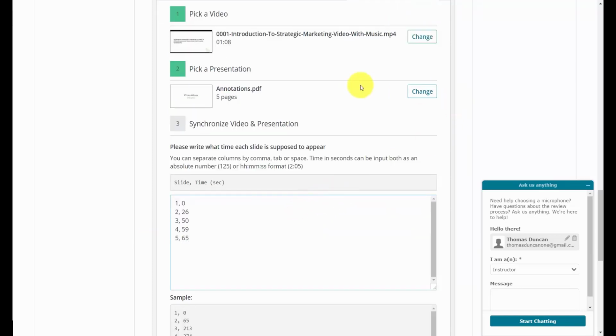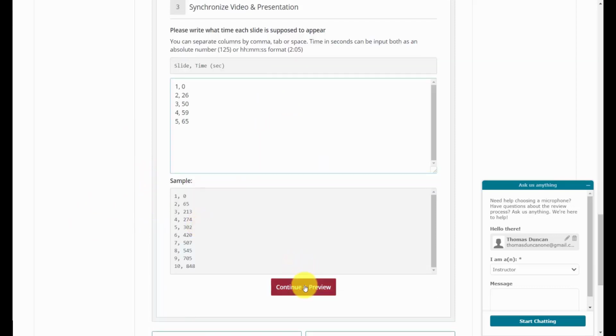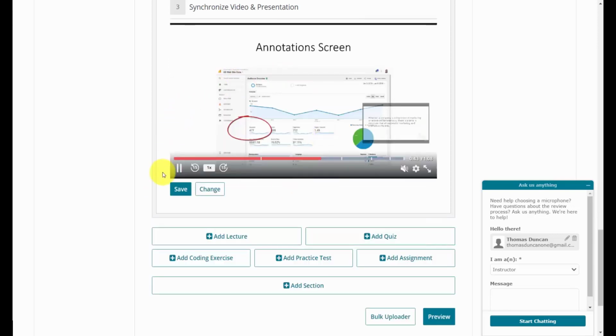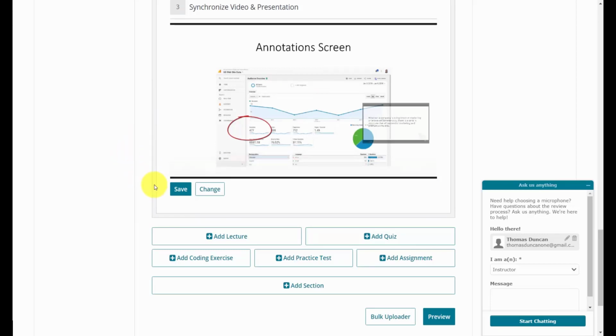And so what this does is it gives you another alternative to create a better video where you are mixing in both the slides or the content along with your video content. Once you have your slides timed based on your specific parameters, you're then going to click Continue and Preview. You can then go back and watch the video and rewrite your timing based on how you really want to